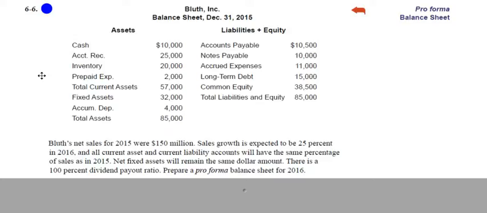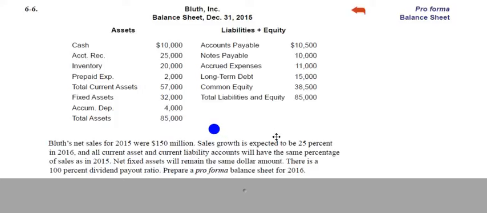In this video, we will be looking at problem 6.6 in your homework, where we're given a balance sheet of Bluth Incorporated, and we're being asked to prepare a pro forma balance sheet for 2016, which means we're going to forecast, or predict, what's going to happen next year based on some